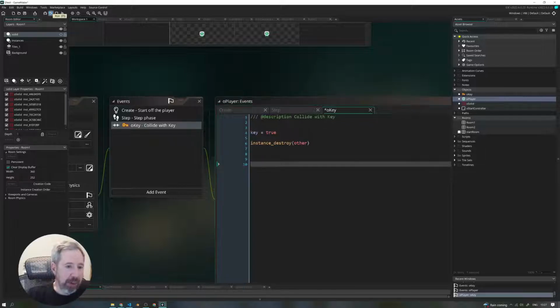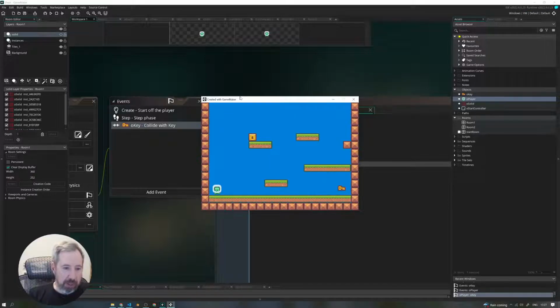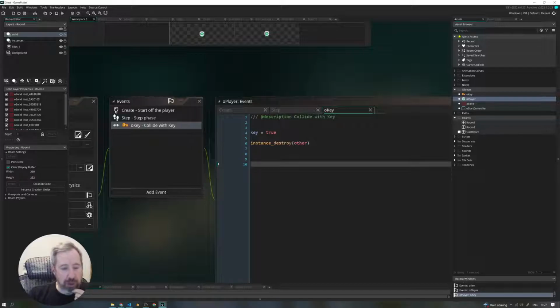Let's test that out. Let's see if that works. So we start the game. Let's go and get the key. Yeah, it destroys the key. And it should set that to be true. So the next thing is